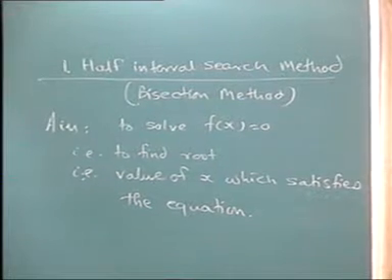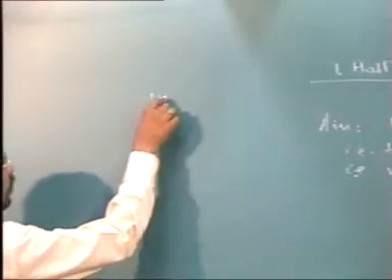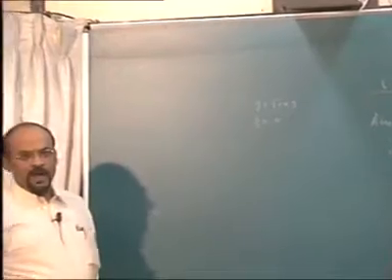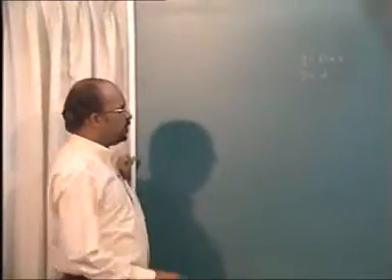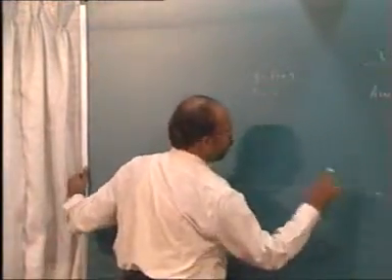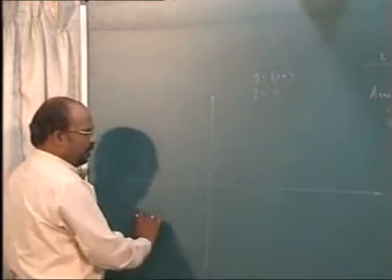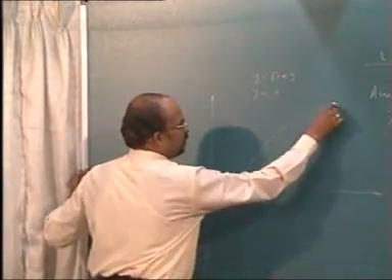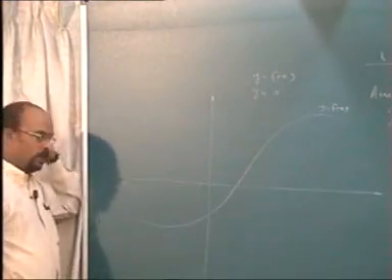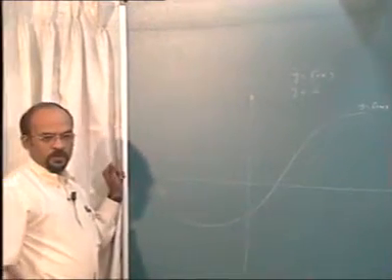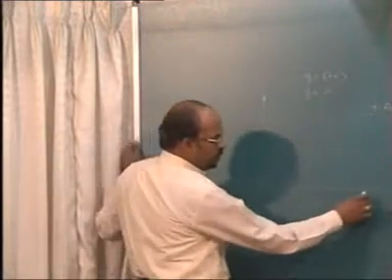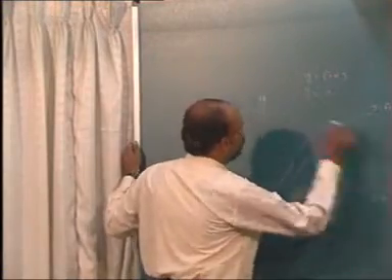Now when we think of f(x) equal to 0, we can actually think of y equal to f(x) and y equal to 0. Y equal to f(x) happens to be a function which can be plotted on graph paper and might be some function like this. Okay, it could be some continuous function. What is y equal to 0? Y equal to 0 is which line, which axis? X axis. So the x axis has the equation y equal to 0.